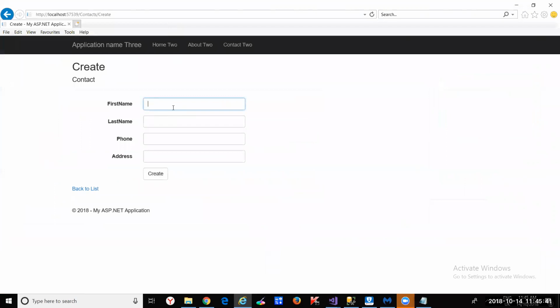Okay, now let's give it a name. So we'll call this Malcolm. I don't know how to spell the name Malcolm, but anyway, Malcolm Turnbull. We'll give him a phone number. Actually, we'll just put 1, 2, 3, 4, 5, 6, 7, 8 as the phone number, and for the address we'll say